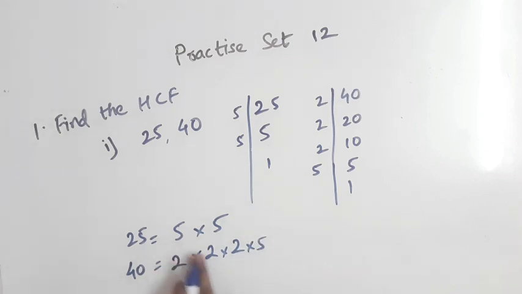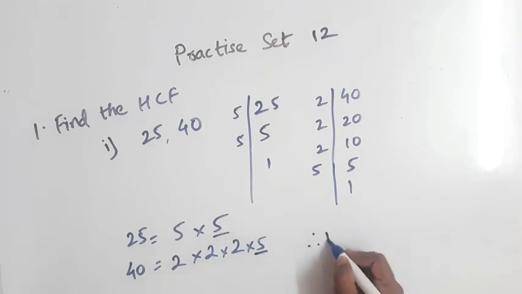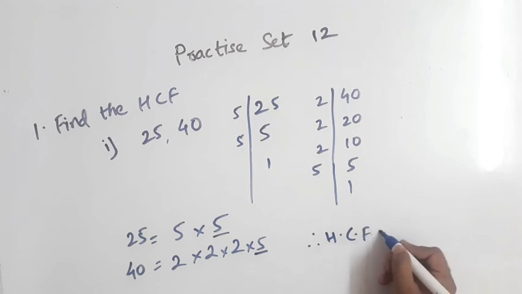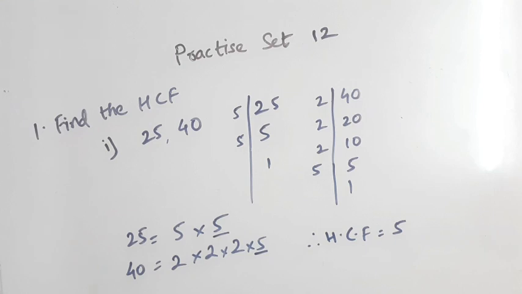So I'll underline the common factors now. There is only one common factor, 5. Therefore I'll write the HCF is 5. Okay, then